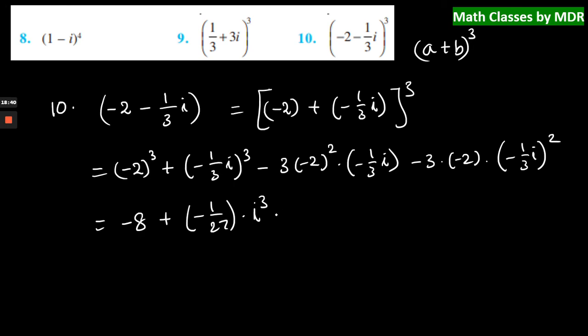So now minus 3 into minus 3 whole square. This is not minus 3, we have plus 3 only, right? We have taken in the form of a plus b whole cube. So the plus 3 into minus 2 whole square. So we can write it as 3 into 4, right, into minus 1 by 3 into i. So this is minus 6 into, maybe let me write one more step, minus 1 by 3 square into i square. Now let us try to simplify it.